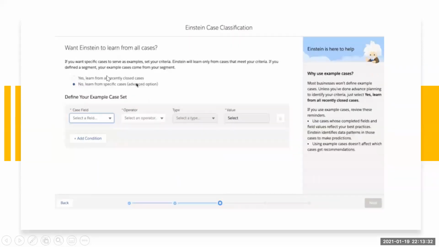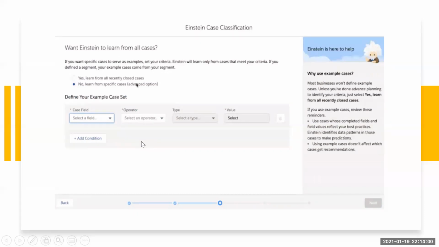Next, because the build model uses machine learning to learn the data and predict the values, it will ask whether you want to predict the values based on all the closed cases, or only for the specified condition.